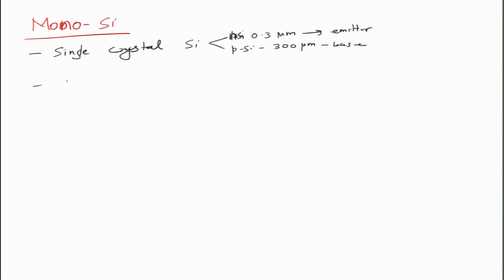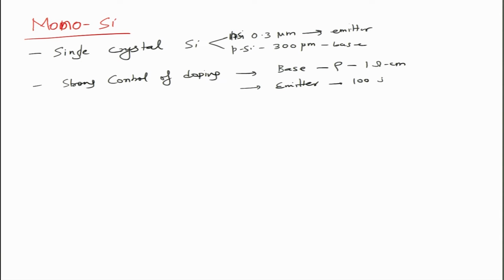And there is a strong control of doping in such a fashion that your base resistivity is about 1 ohm centimeter, whereas the top surface, which is the emitter, has a sheet resistance of about 100 ohm per square. It is very thin, that is why we talk in terms of sheet resistance. So it is about 100 ohms per square,